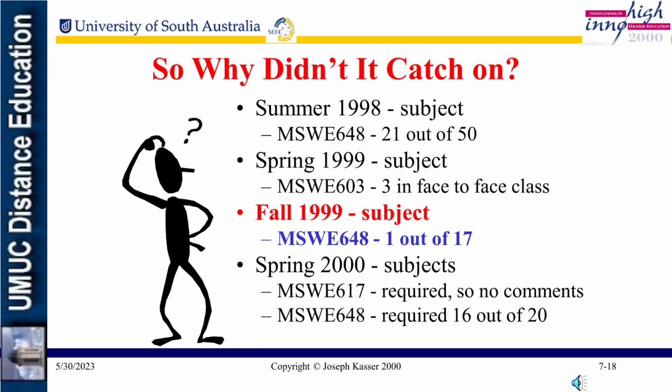In the spring of 1999, it was required. So in the student project class, which is a collaborative working environment software engineering project, they did it. No questions asked. And again in the software engineering class, it was required. 16 out of 20 did it, and the other 4 had various reasons for not doing it. So the question became, in the fall of 1999, why didn't those 16 students do it? And I put a survey question on the final exam to find out.